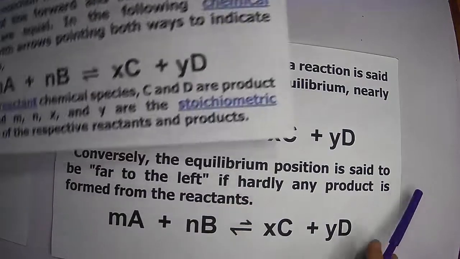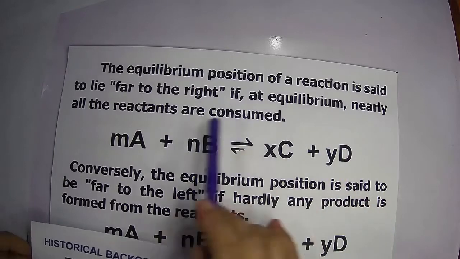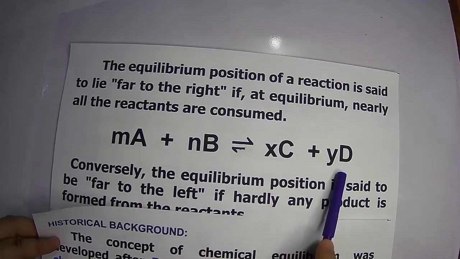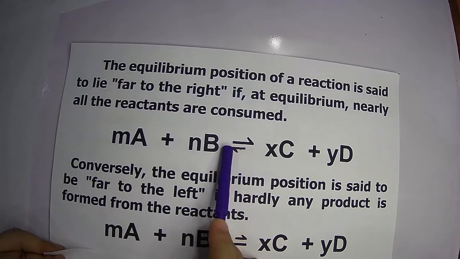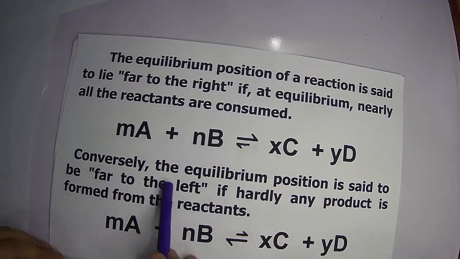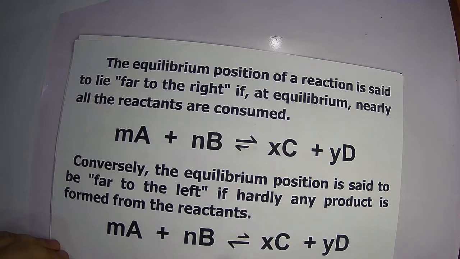The equilibrium position is said to be far to the right if at equilibrium nearly all the reactants are consumed, where A and B are converted to C and D. The rate of the forward reaction is greater than the rate of the backward reaction. Conversely, the equilibrium position is said to be far to the left if hardly any product is formed from the reactants, meaning the forward reaction takes place only slightly and only a negligible amount of product is produced, and yet the backward reaction takes